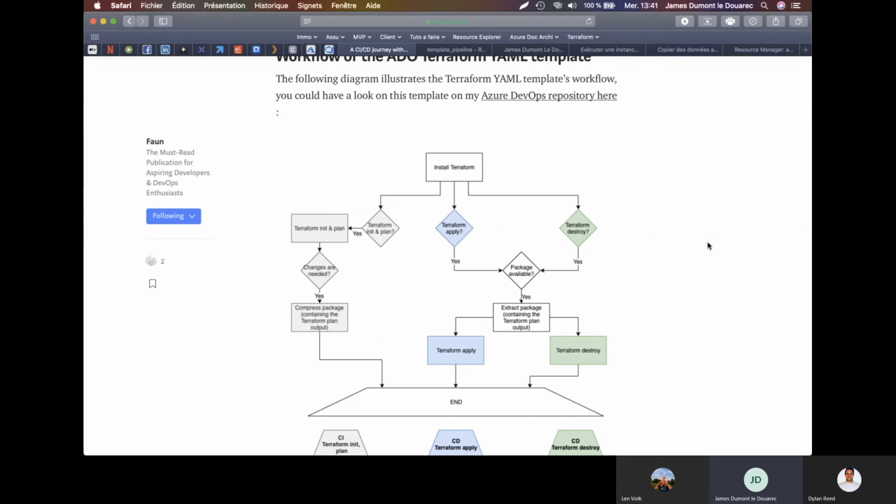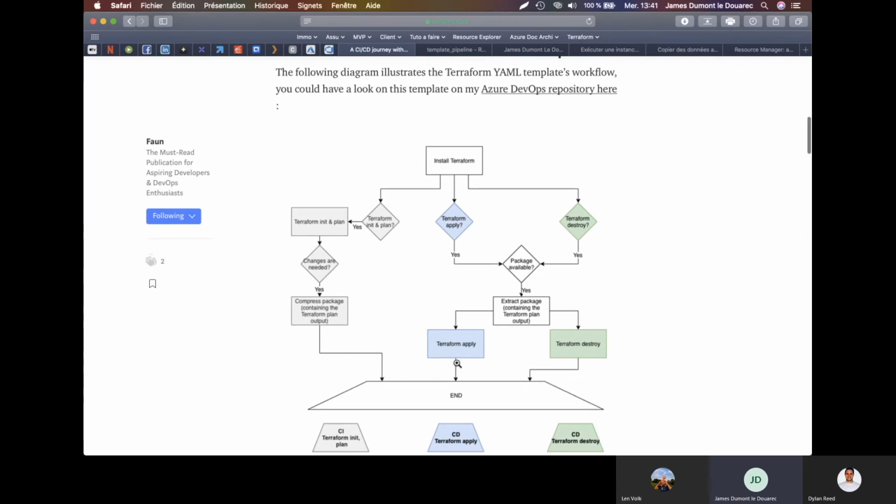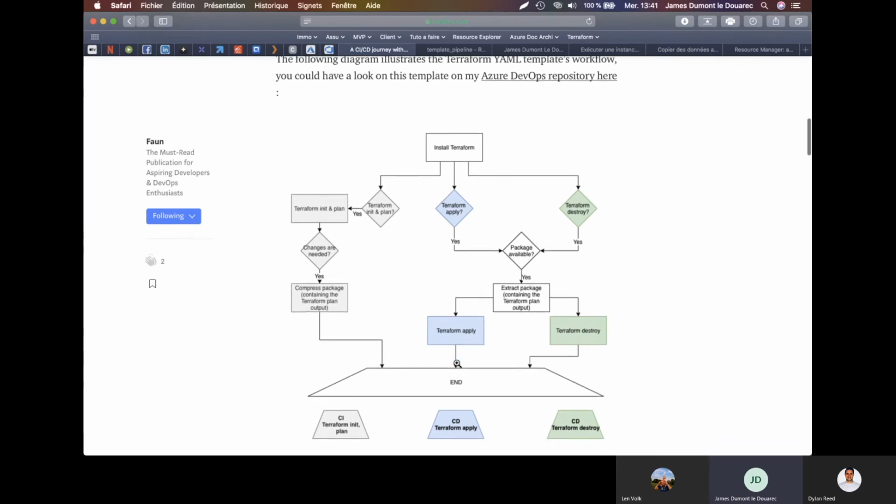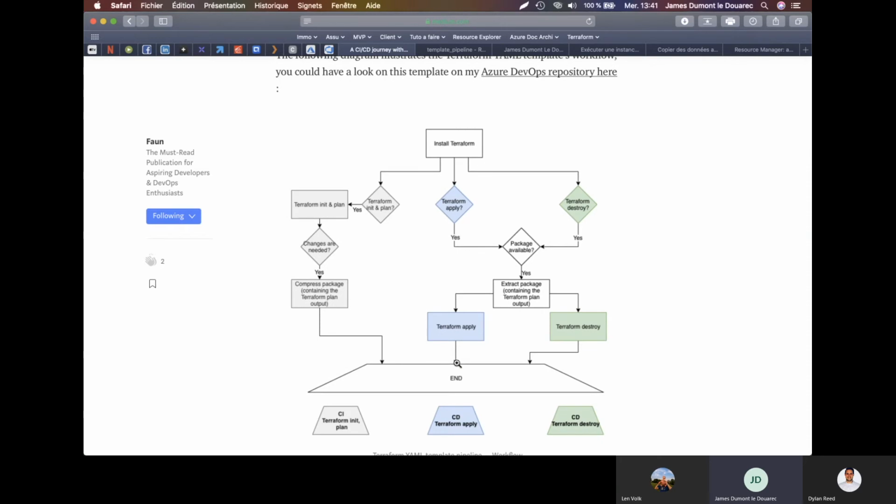A point that is really interesting here is that in this artifact, because you compressed the folder where you launched the Terraform plan and init command, you will have what you want to do, but you will also have the Terraform binaries that will help you to process this commandlet. So there we are. Here I did speak a bit about this YAML template.